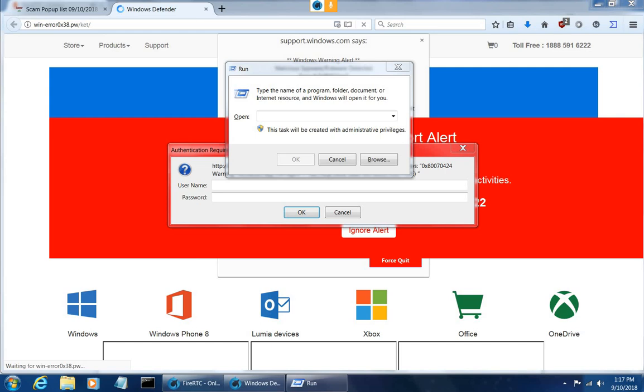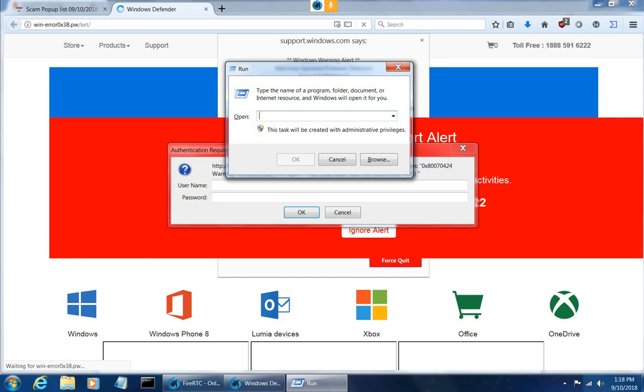That's right. Now with the help of one finger, you need to press and hold down the Windows key and simultaneously press the letter R key, and release both keys. Press the Windows key and the R key. A little box popped up. It says Run. Absolutely right. Now you need to type in the Run box from the beginning in lowercase